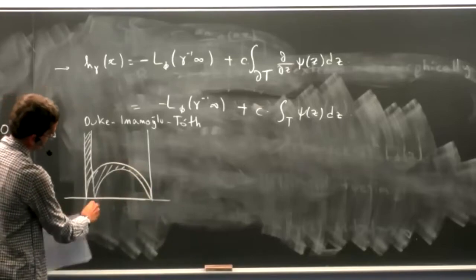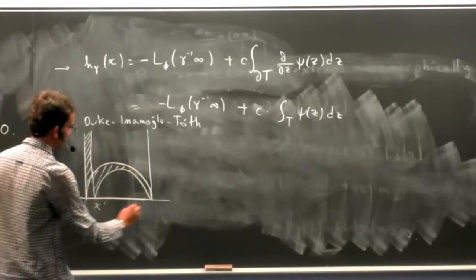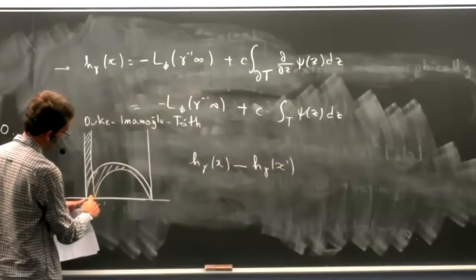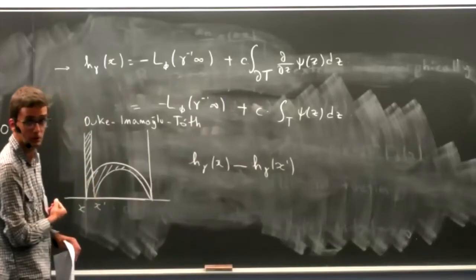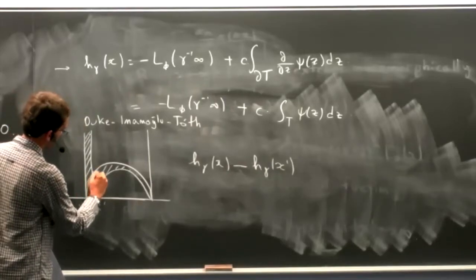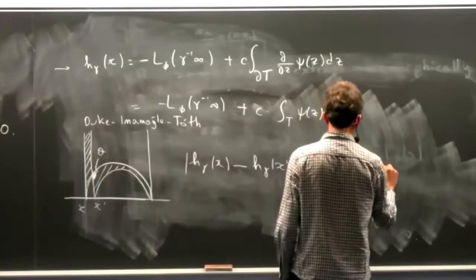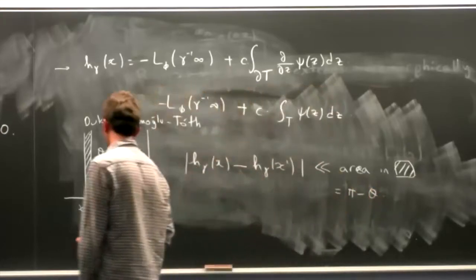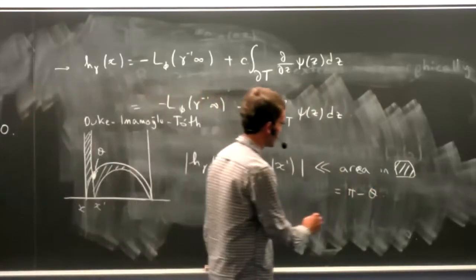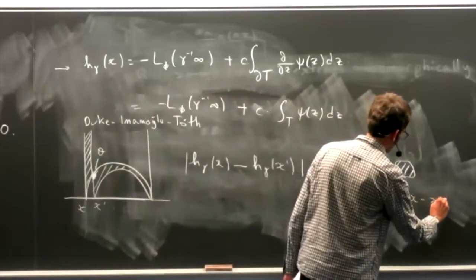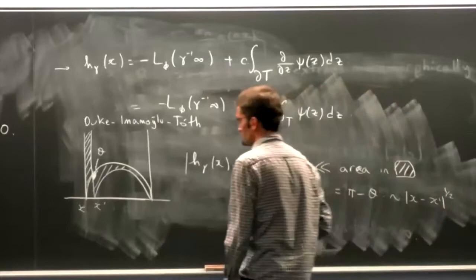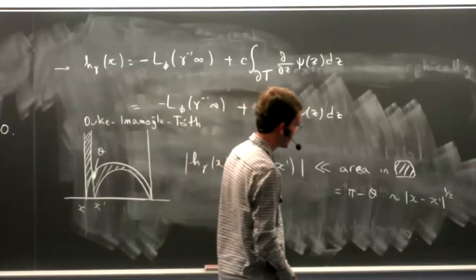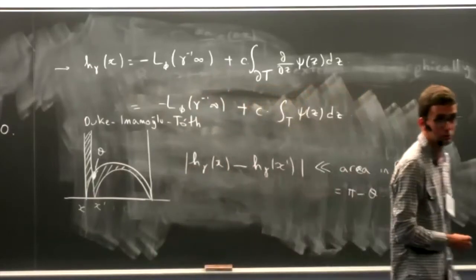And you see that when the value x is getting close to x prime, then the difference of the two areas, you can quantify it in terms of this angle over there. Let's call it theta. So the area in is pi minus that angle. If you get bored, you can compute this angle, and it will turn out to be somewhere along |x minus x prime| to the power 1/2. My nephews are too young to have computed this for me, so we had to do it ourselves. So this will tell you that H gamma is 1/2 Hölder continuous,